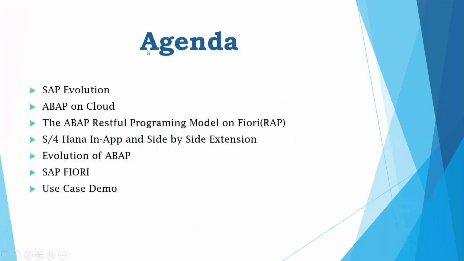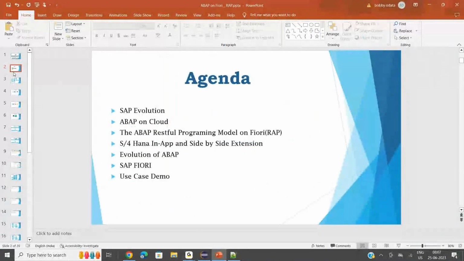Okay, so agenda. What is the agenda I'm talking about? SAP evolutions from the starting date to till date. What evolutions have come, that we are going to discuss. And yes, ABAP on cloud, the ABAP service that is available in the cloud. There is a RAP service. So what is that we are going to cover? And S/4HANA in-app and side-by-side extensions, and evolution of ABAP, and of course SAP Fiori and the use case demo. Of course, we are going to discuss one more important topic called